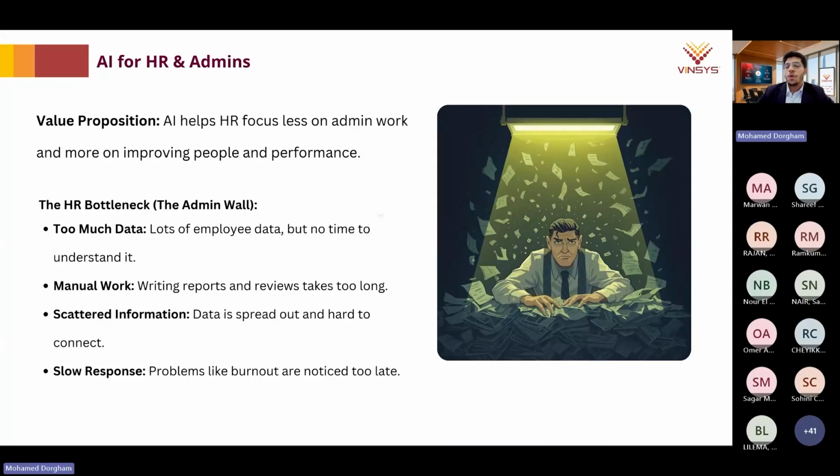As an HR analyst, you work with a lot of data from a lot of employees, and there is a lot of manual work to manage all the people within an organization.